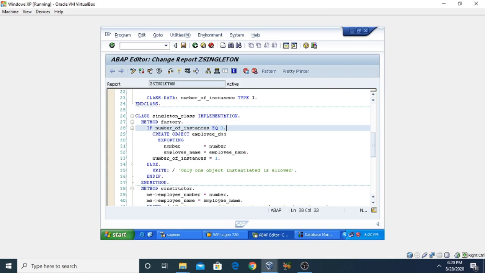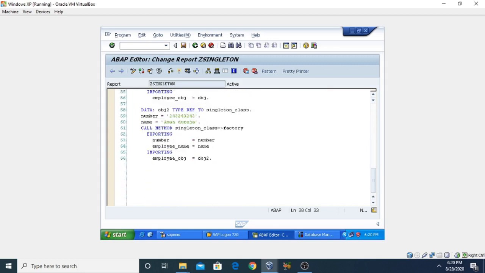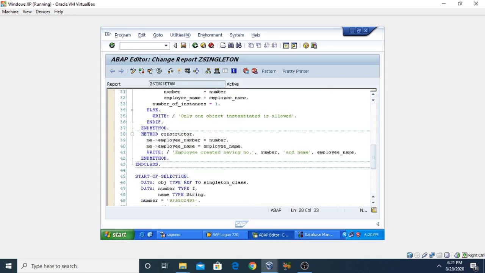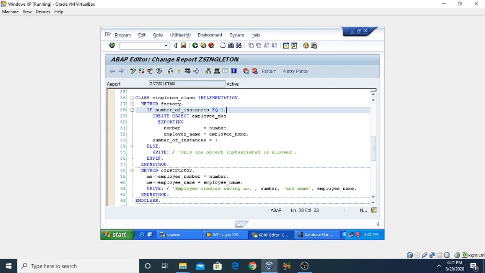Next time when you are going to create an object, it has already stored the object values, so it is already in the memory that one object has been created. So again we are going to call this method singleton factory, so it will automatically come to this statement. Then it will check whether number of instances is equal to 0.